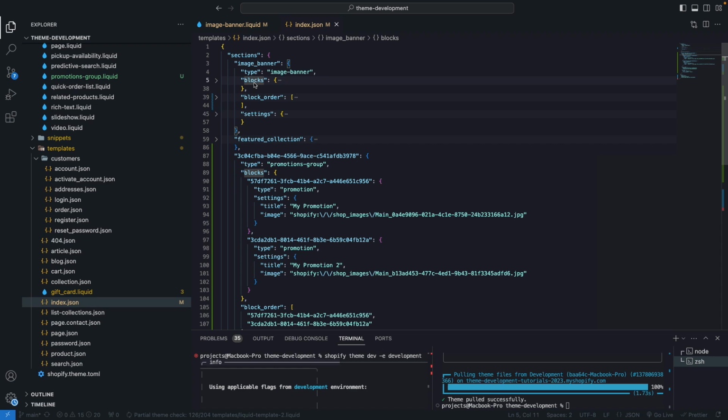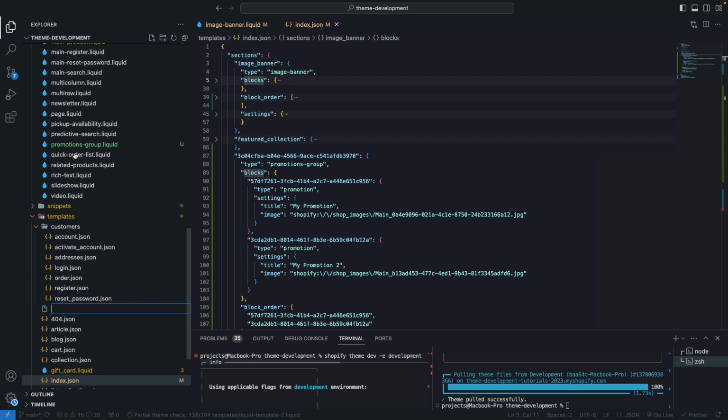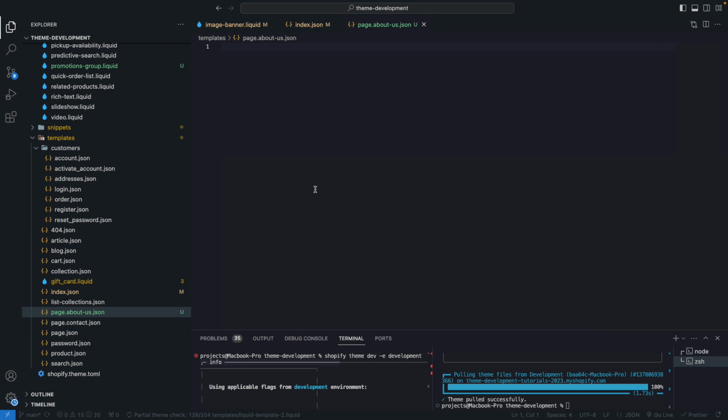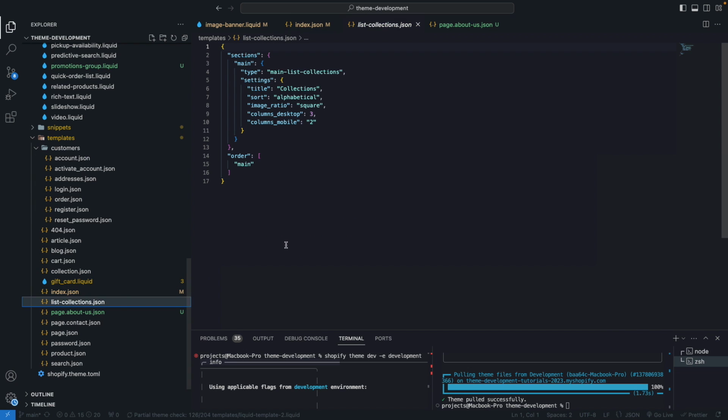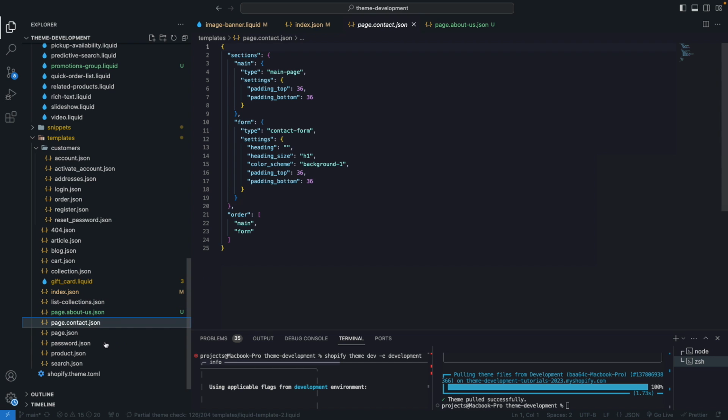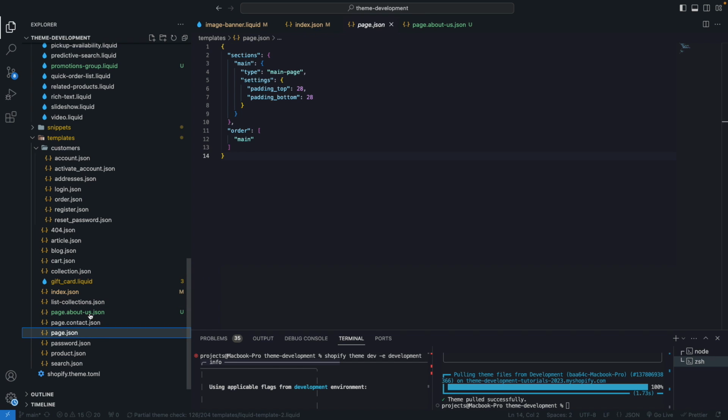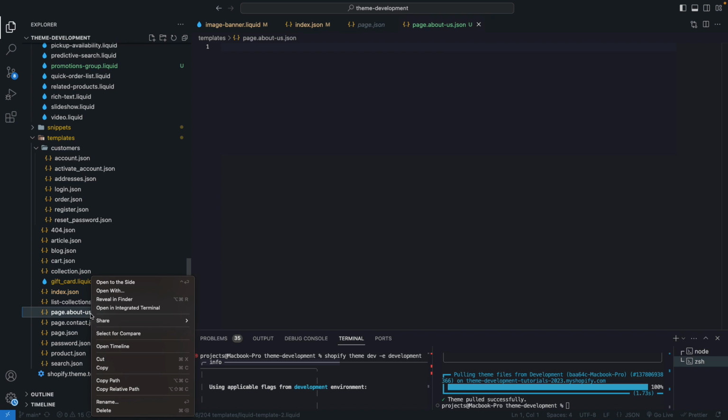Now let's see how to create a JSON template. Let's say that we wanted to create one for the About Us page. So I could do page.about-us.json, and I can start adding content over here based on what we have in index.json. So for example, starting with a sections property and filling the sections manually here. The structure is the same for pretty much any other template, as you can see, but there is a better way to do this. So let me delete this file,